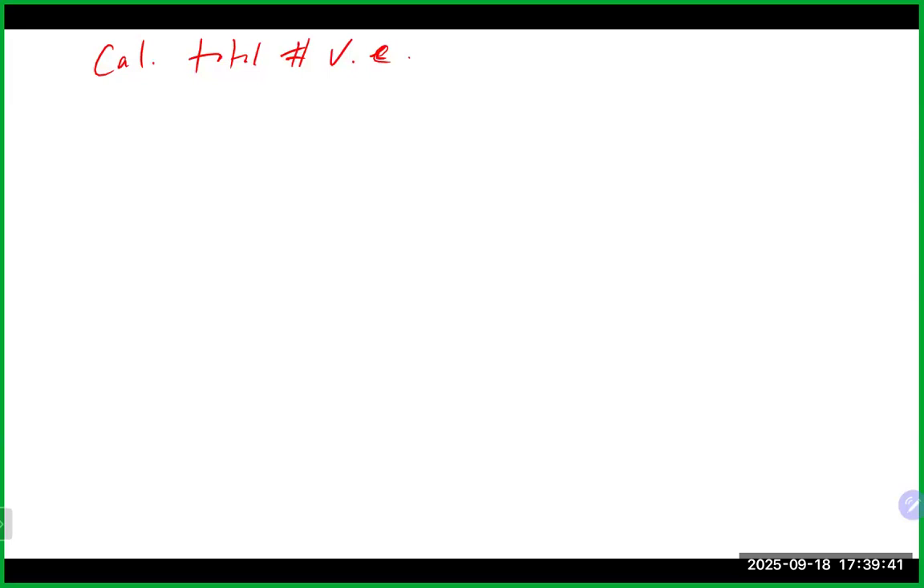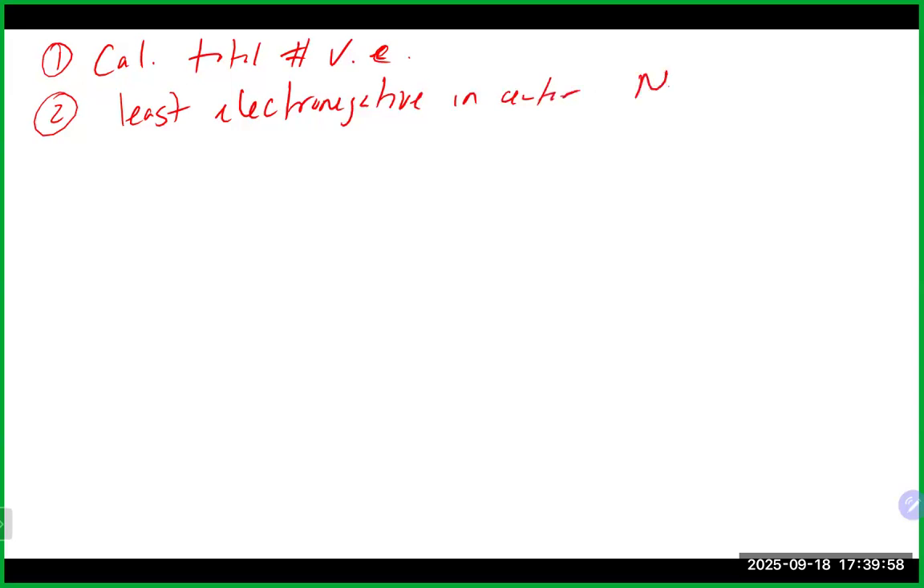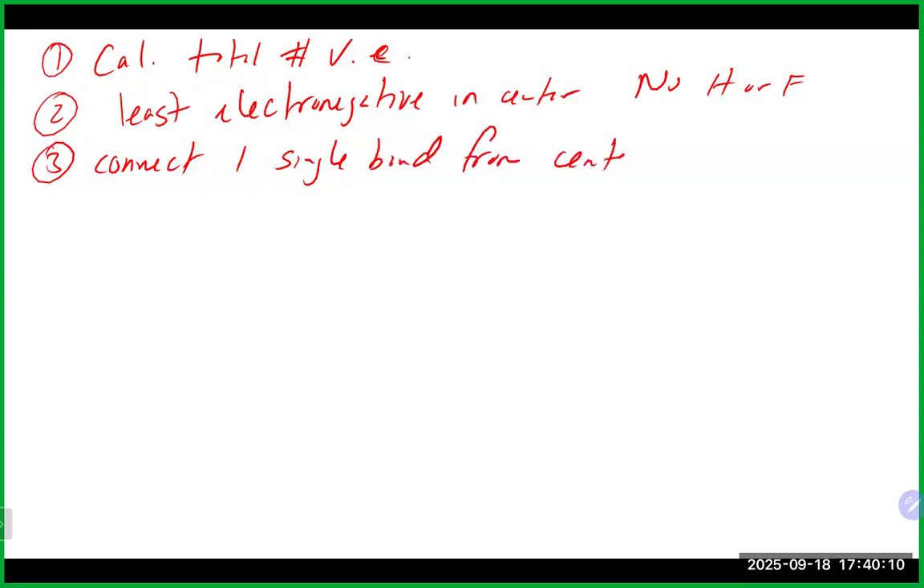Remember that once you have that, that's really important because that is the number you really have to get to in your picture. You do want a logical arrangement. Remember, it's always the least electronegative atom in the middle. And obviously, as we talked about, no hydrogen or fluorine in the middle. We then want to connect one single bond from the center to the outside atoms. And again, that's going to use up a certain number of electrons when you do that,